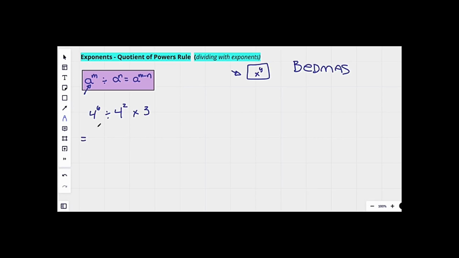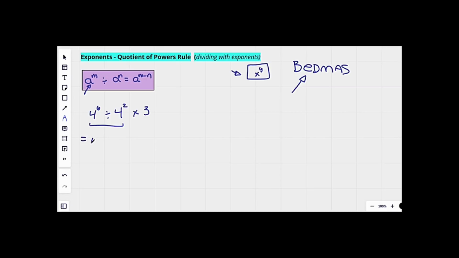So when we look at BEDMAS, we know that exponents come first. See, exponents come before any other type of operation. And so we've got exponents right here. Now, do we have the same base? Yeah, we have the same base. They both have 4. Therefore, we can go ahead and apply the quotient of powers rule, which means that we